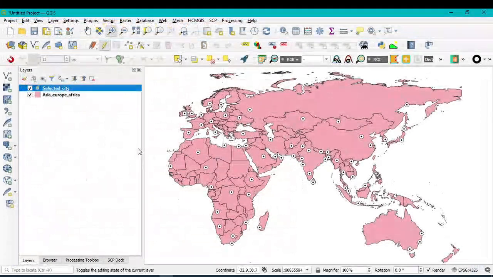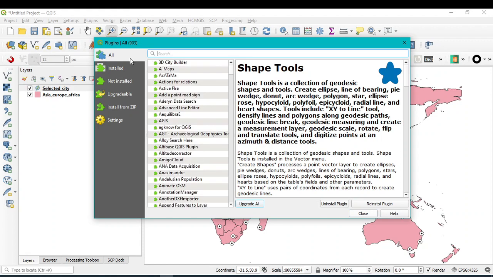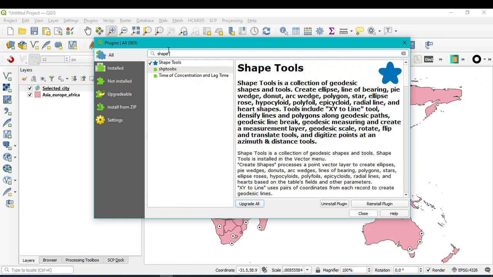After that we need one tool. By this we can easily handle the flowchart. The tool name is Shape Tools. To find it, you can click the plugin option, manage and install plugin, simply write here shape tools, and you can easily find it here.